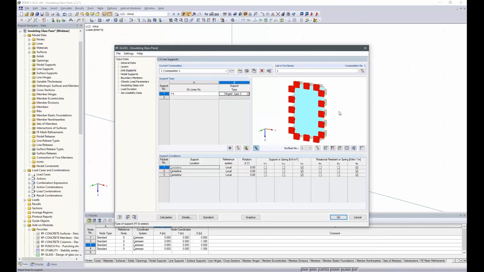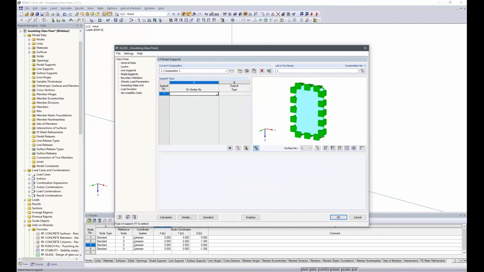This is referring to the local reference system. If we have a user-defined support type, we can also use the global reference system. But we stick to the hinged type 3 and are done with the line supports,